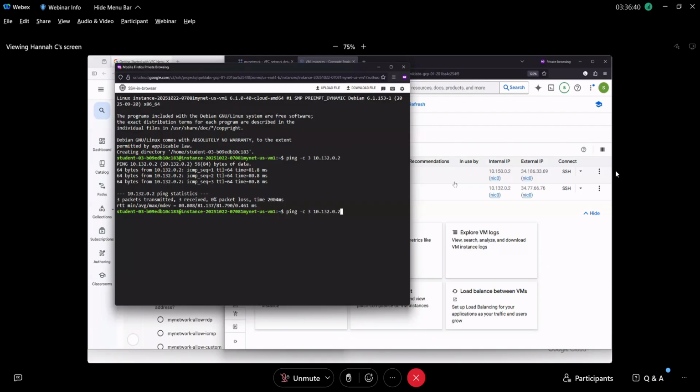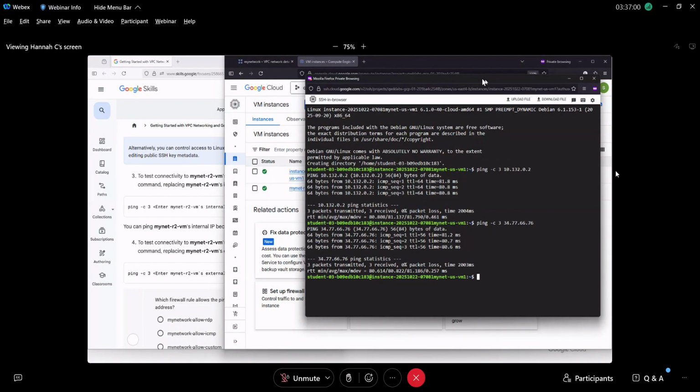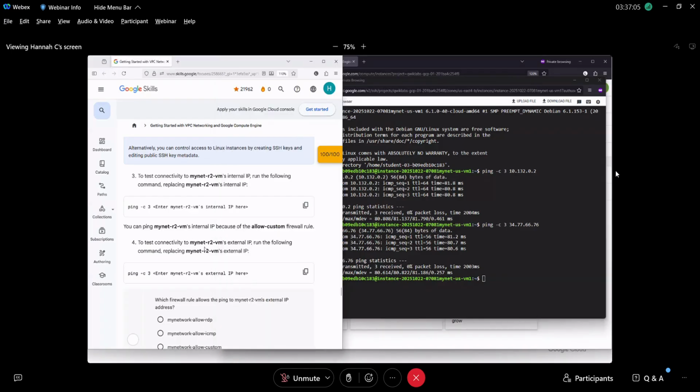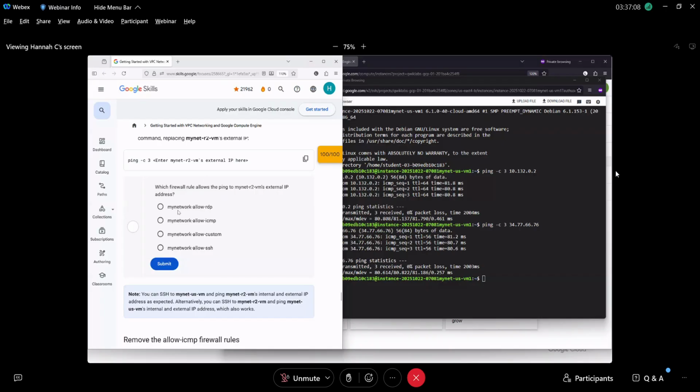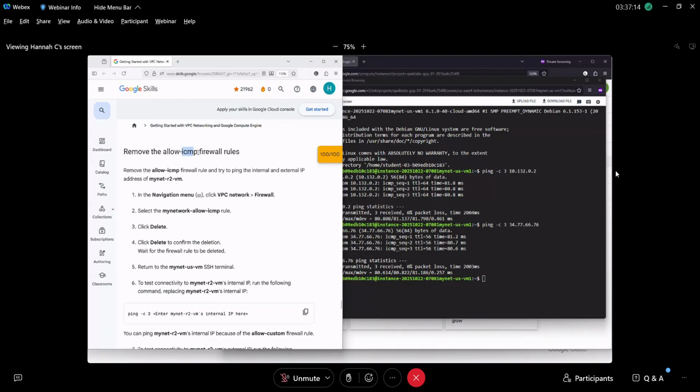We're going to do exactly the same thing, except with now the external IP address, which is 34.77.66.76. And they can communicate externally as well. Great. Connectivity, definitely working. Those firewall rules are allowing the traffic that we want to communicate. There's then a little question that I will let you answer in your own time. What we're then going to do is get rid of the ICMP, the Internet Control Message Protocol rule. We're going to delete that rule